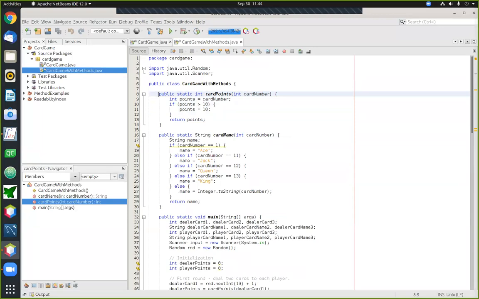All right, so for example, in the case of getting the points for a card, we need to get the right name for the method. We need to figure out what inputs need to come into the method. In this case, the only thing the method needs to do its job is the code number for the card. That's going to come in through that parameter there. And then the rest of the story is writing the logic.